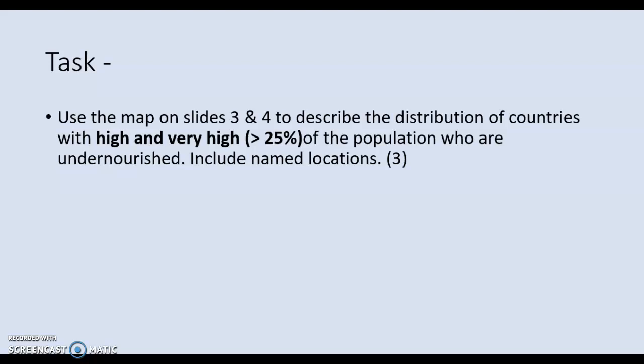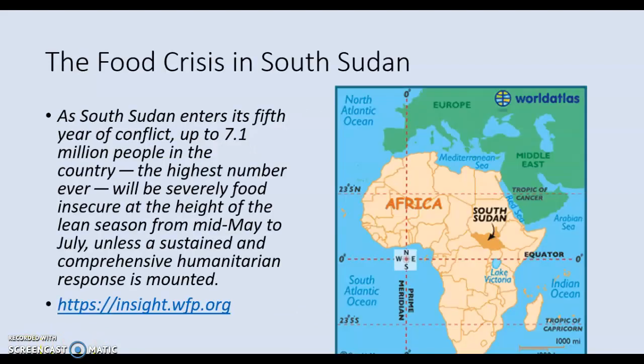Just as a kind of future precursor thing, sometimes in the IB they like you to try and identify anomalies as well. So if there's something that's really odd and it's in a place where you don't really get it, it's a good idea to just mention that one as well. Okay, once you've done that, just have a look at this.